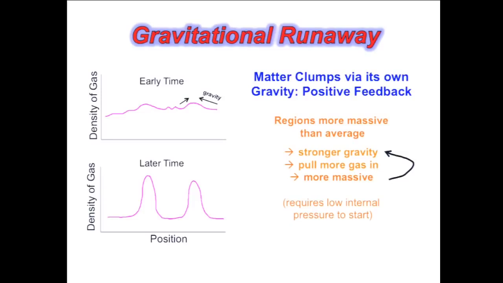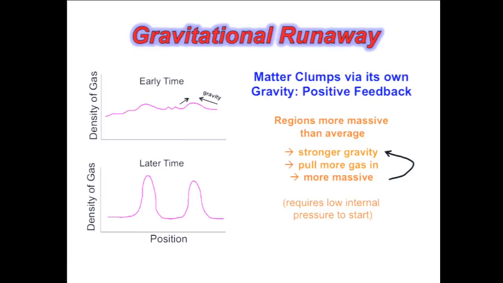And what we know from gravity is that if you're a little bit more massive than your surroundings, then you have a stronger force of gravity. So this region where there just happened by luck to be a little more stuff than average is a region where gravity is stronger. But if gravity is stronger there, what it means is that region is going to be more effective at pulling in gas from its surroundings. So this spot, which happened to start off having a little more stuff than average, is more massive, it has stronger gravity, and so it pulls more stuff from its surroundings in.